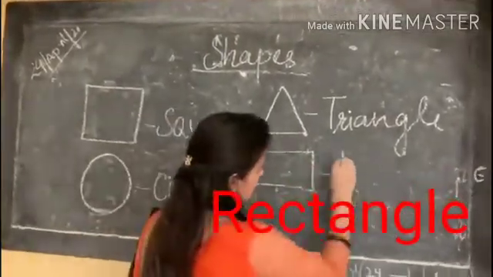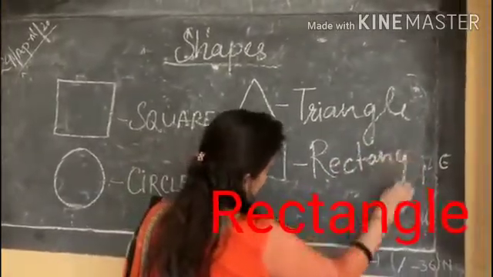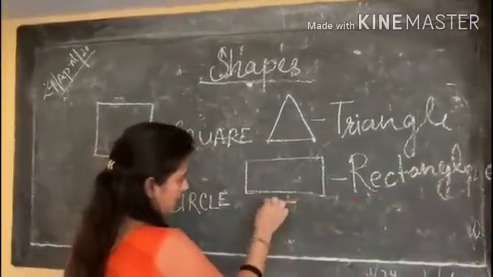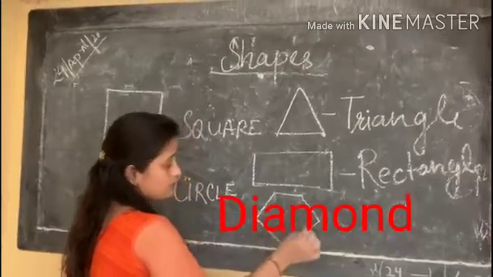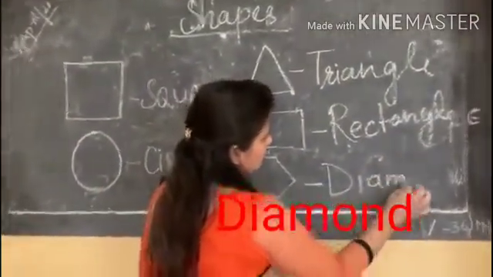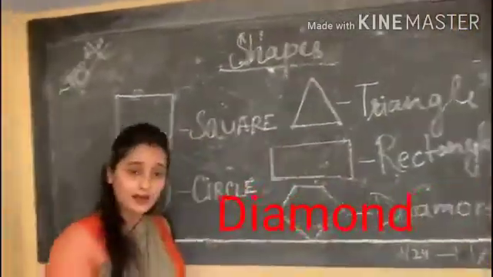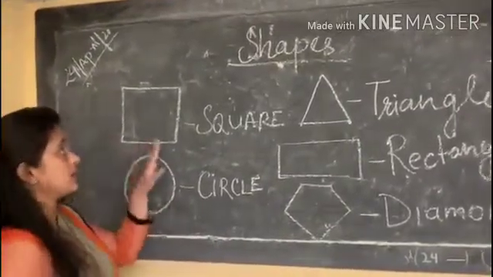This is a rectangle. Which shape is this? Rectangle. And now tell me, which shape is this? Diamond. So how many shapes are there? There are 5 shapes. Square,